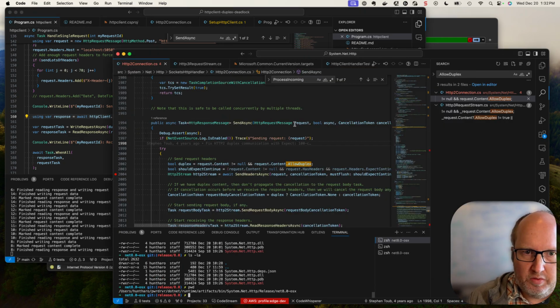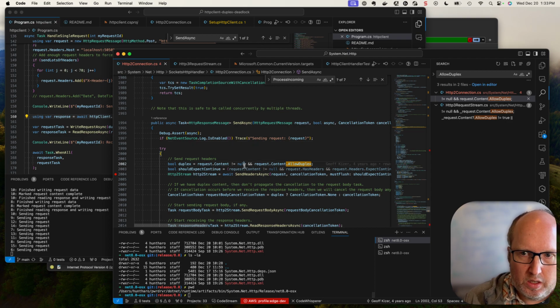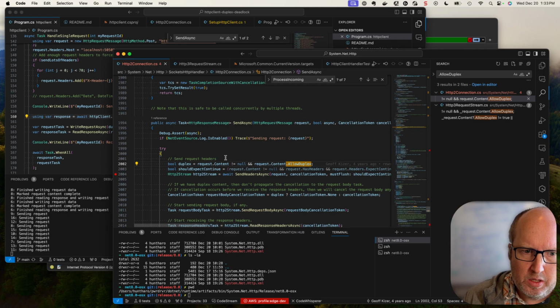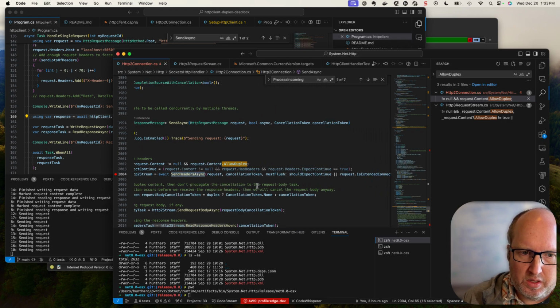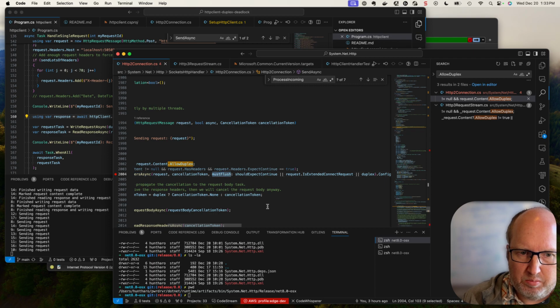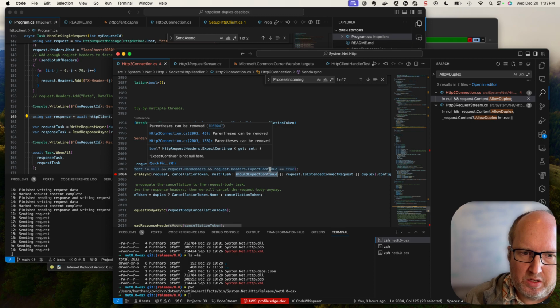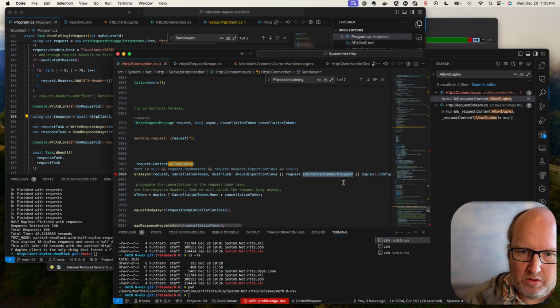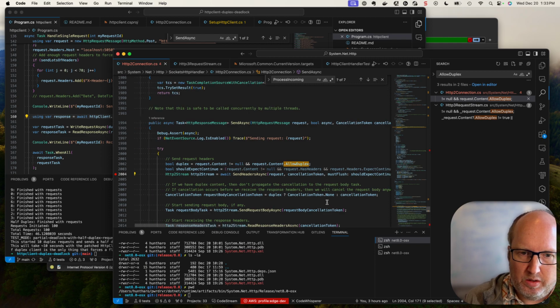Now, what does the fix look like? The fix may also apply to HTTP3 because it's got the same lines. But essentially in send async, the very first thing it's going to do is send the headers, and it's going to pass this must flush parameter. So if you're asking for an expect continue, it's going to flush. If it's an extended connect request, it's going to flush, but this or duplex is not here. If you add this or duplex, then when it sees that it's a duplex request, it will flush the headers,